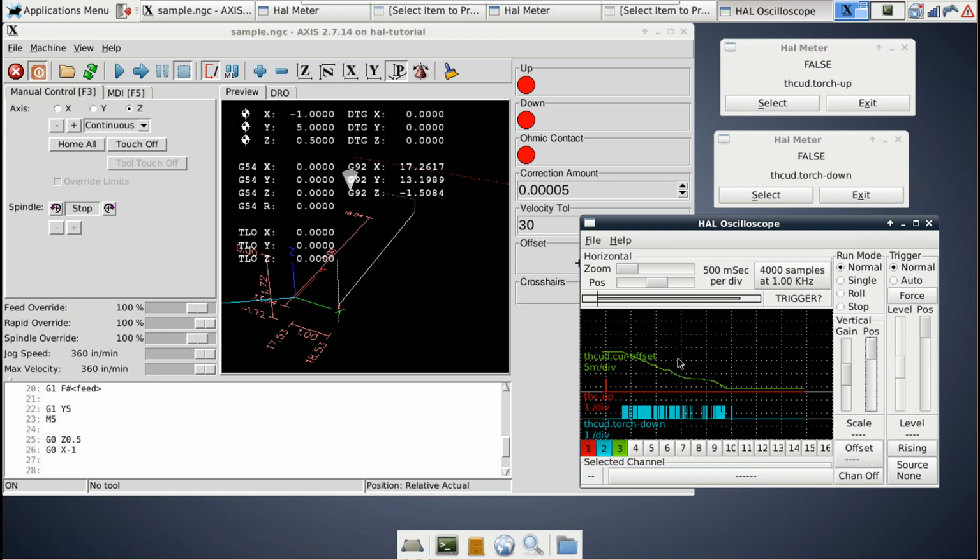In fact, maybe later I'll go back and reflash the older version of the code back on the Arduino, so I can even show you that in a different example of how the Halscope works. But yeah, the slope on the offset is pretty smooth, and you can see it's measured out in increments of 5 thou, and it's gone down about 3 divisions, so that's about 15 thou of total offset applied over the